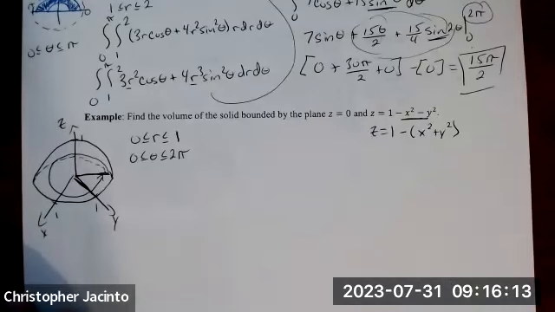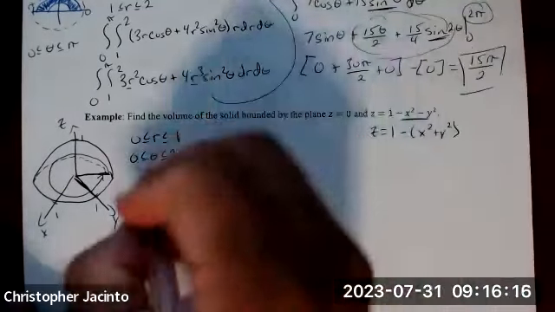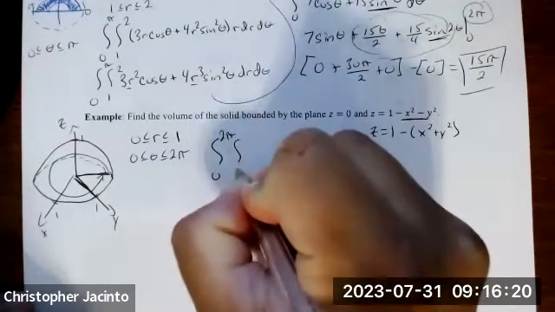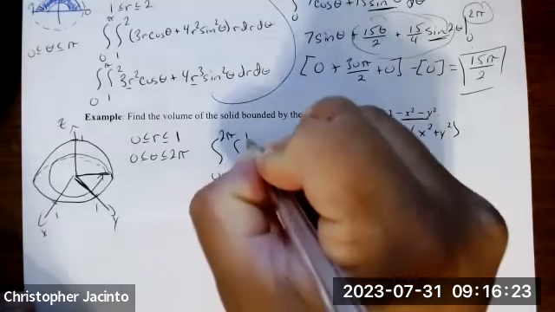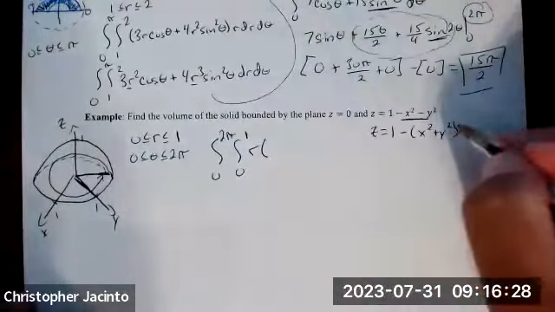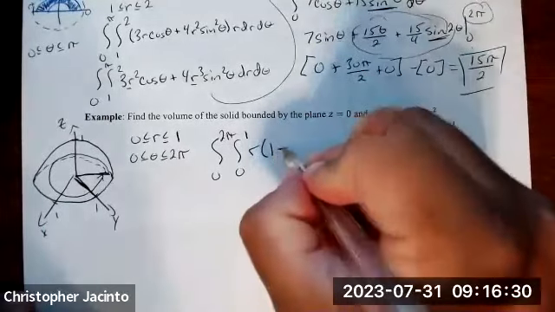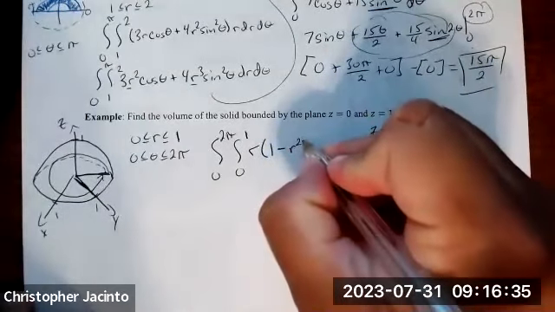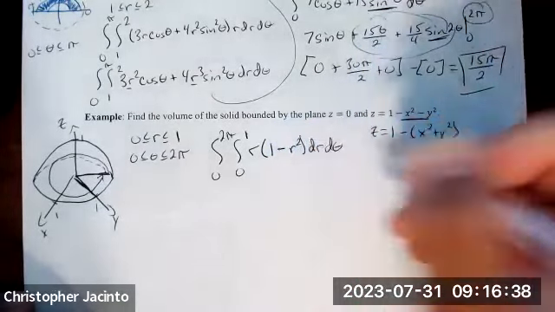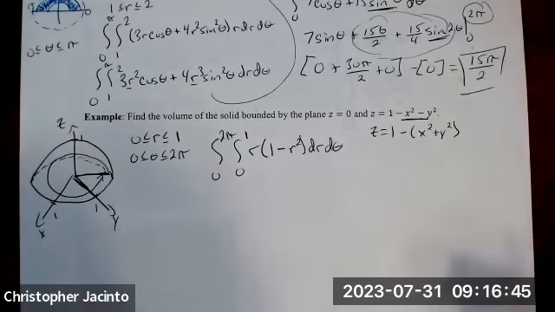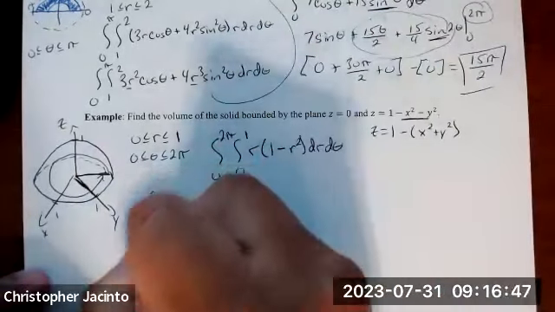Okay. All right, so now we just plug it in to here. So we get our double integral, 0 to 2 pi, 0 to 1 of r times this in terms of r and theta. So we have 1 minus, and like we did above, it's just going to be r squared. And now you notice this is much easier, right? Everything is just in terms of r. So distribute,